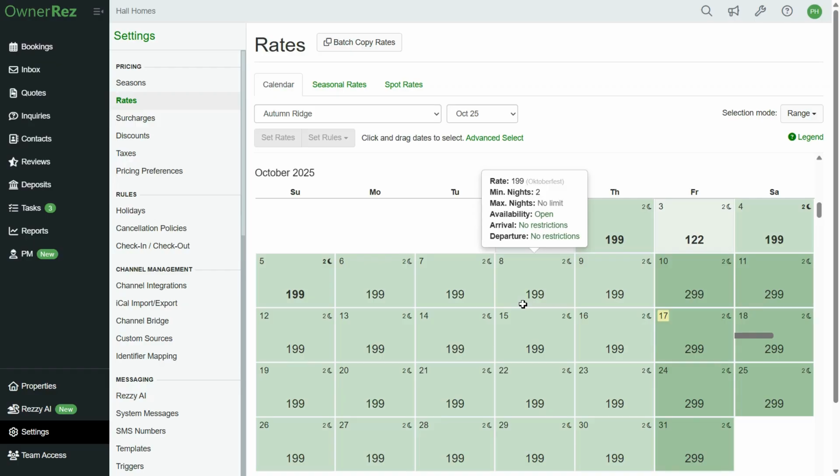Holidays are the perfect time to optimize your rates and to take maximum advantage of the increased demand. The rules surrounding holidays can be a little bit complicated, which is why OwnerRez has created a few different ways for vacation rental operators to approach these periods of increased demand. To start, click on Holidays on your left sidebar,